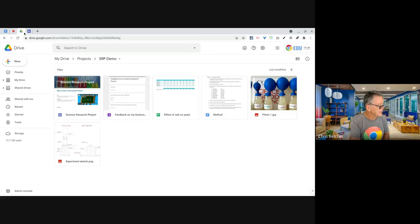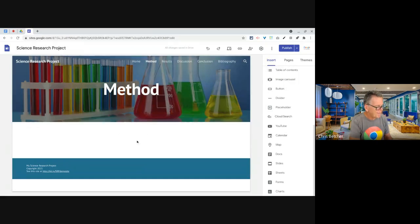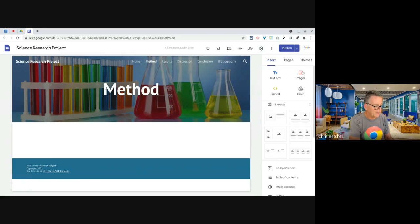So go back to the site for a second. So I've got all these resources, right? I've got all these assets that I've collected in the process of this project. So I'll go back over here, and on my method page, what I'd like to do is put in that diagram that I sketched in my sketchbook, which I just scanned with my phone, took a photo of, and dropped it into Drive. So now what I can do is just go up to this image button here and upload